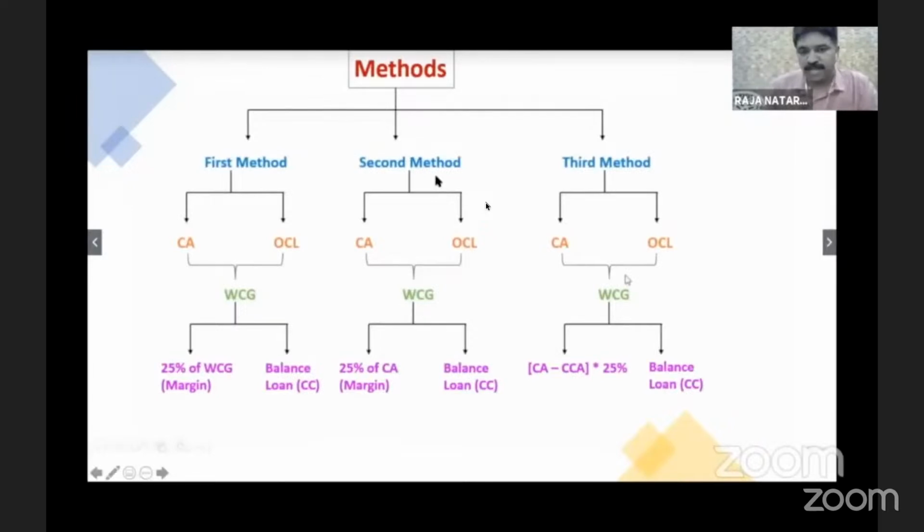Whereas in the second method, the argument is, when you create a current asset, some portion is funded by other current liability. There is a gap, agreed. How the gap should be funded, that's where the second method differs from the first method. In the second method, the working capital gap funding is like this: 25% of the current asset should be brought in by the promoters as margin to fund the gap, and only the balance can be funded